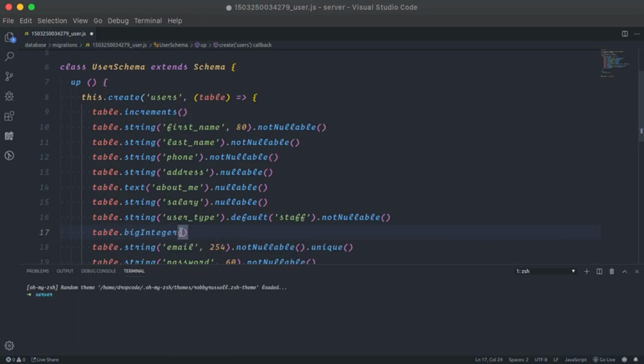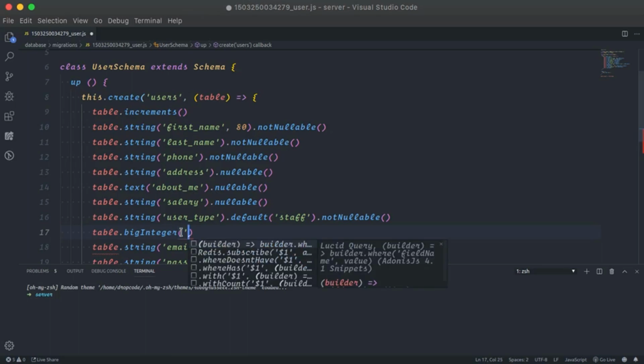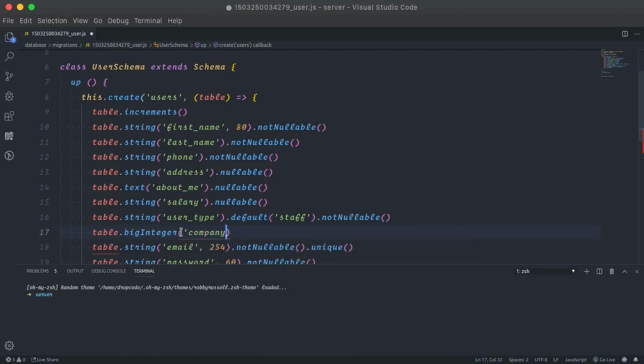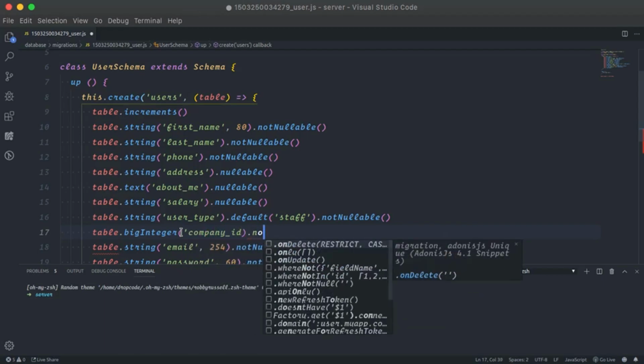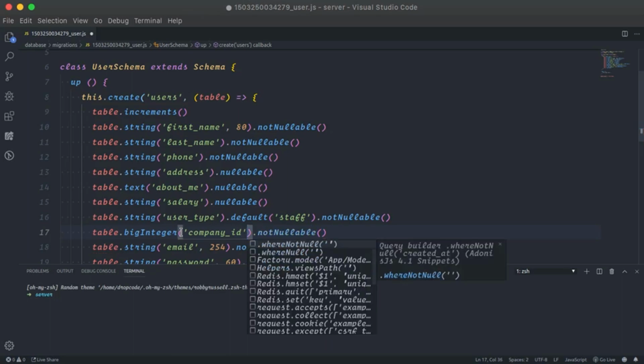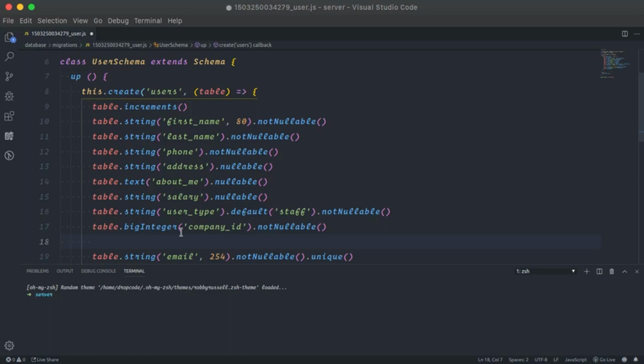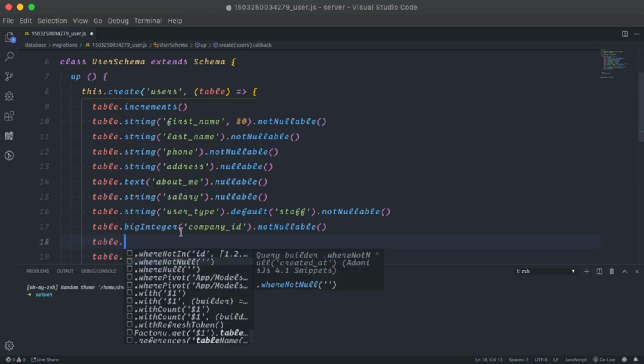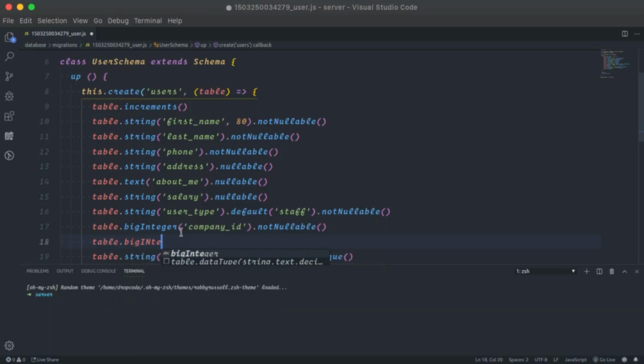The user is going to be like in the previous video. Remember how we did relationships? The user is going to belong to a company, so we have a company_id, which is going to be not nullable. We have a slight mistake here. Not nullable. The next we're going to have is another table.bigInteger,